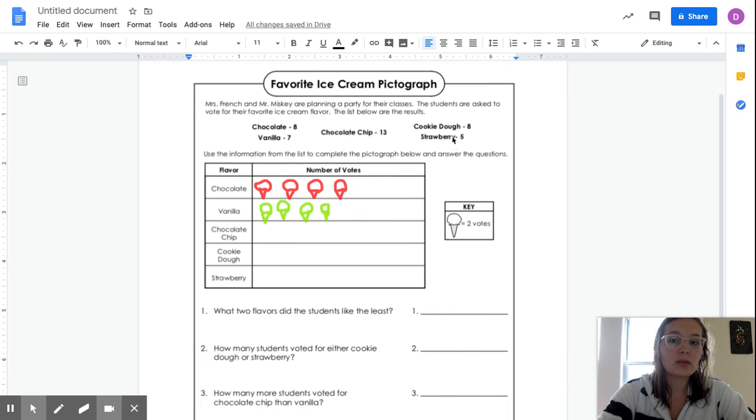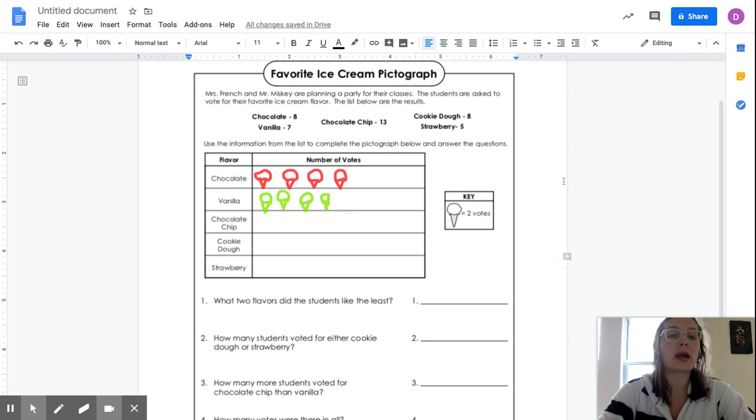This is the practice that you'll be doing today. There are 2 practice sheets, but remember, half an hour for math. So have fun with it, and